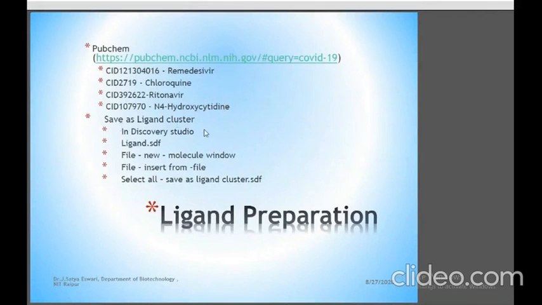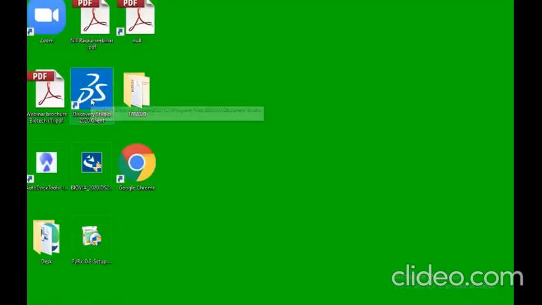Now you have to open Discovery Studio. Already I told you how to take the link and download Discovery Studio. Discovery Studio is a 3D visualizing software.